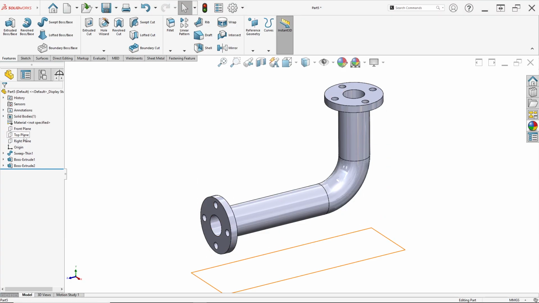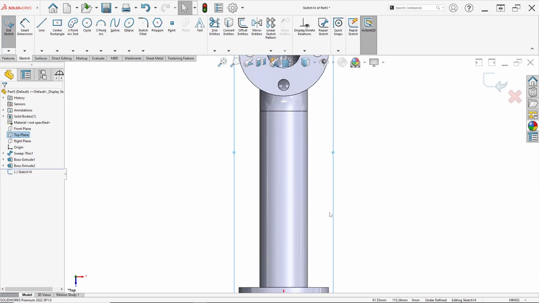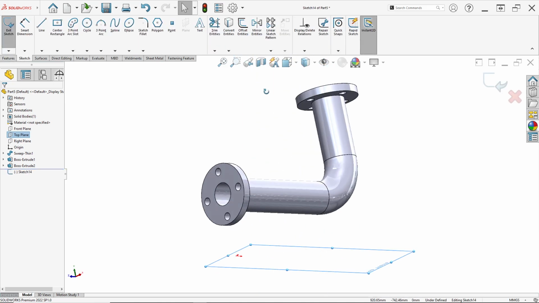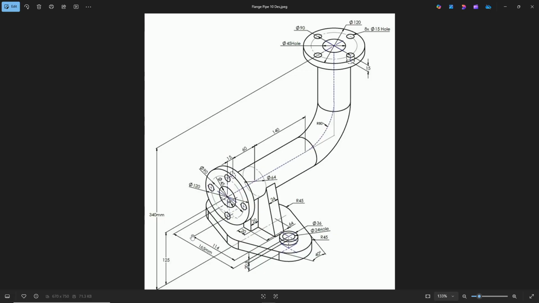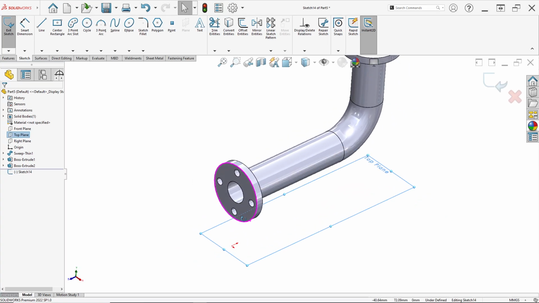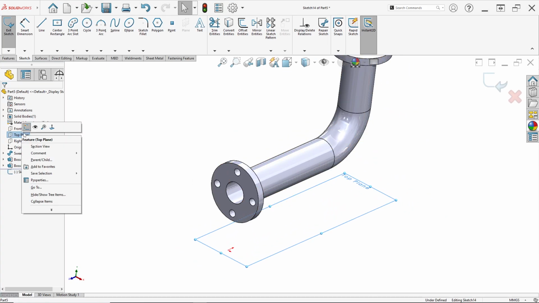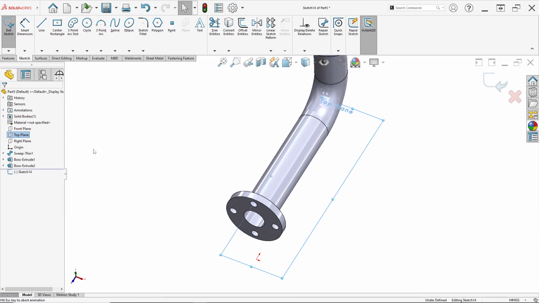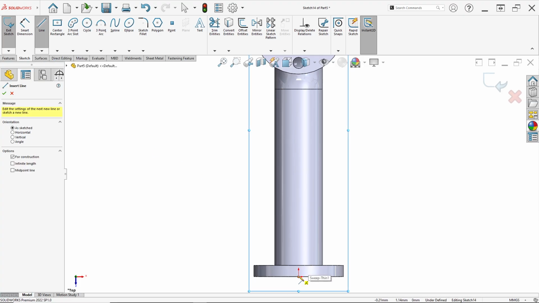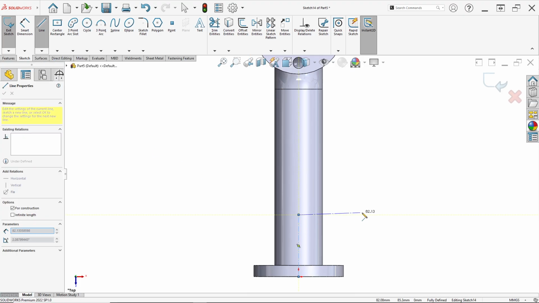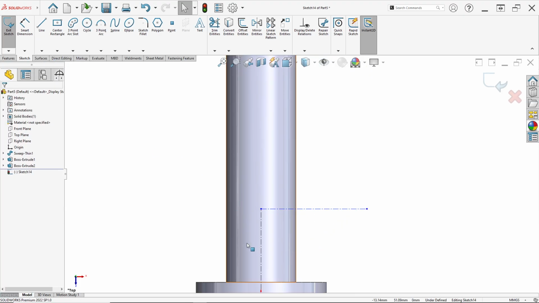Right click on the top plane and click sketch. From the top plane to the center, we set the dimension to 125 before. So right click on the top face and click sketch, normal to. Now we can draw a center line from this to this.